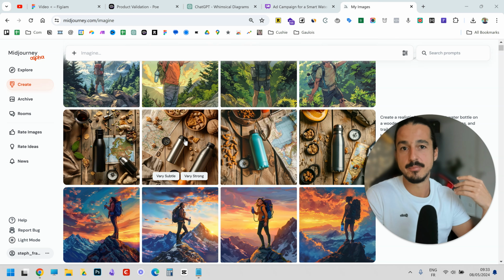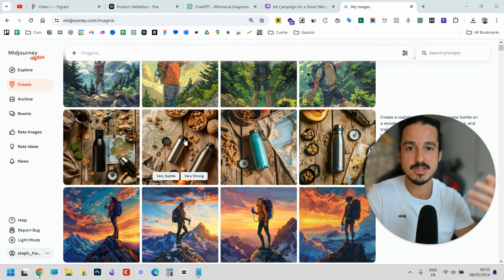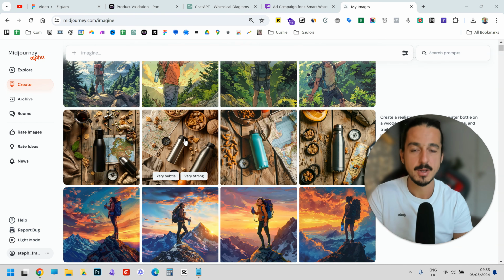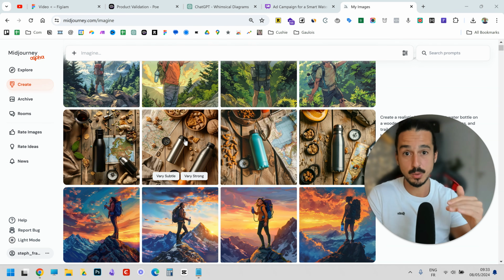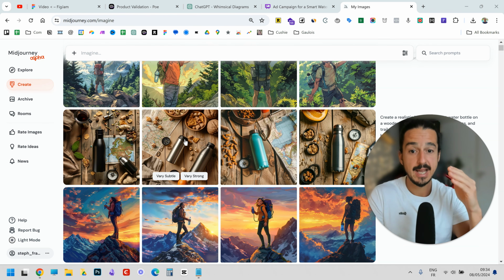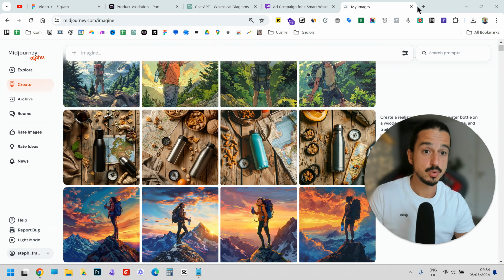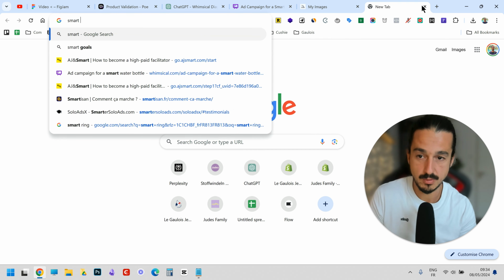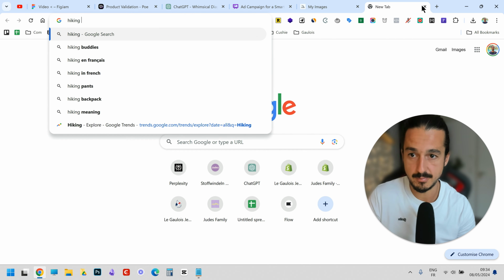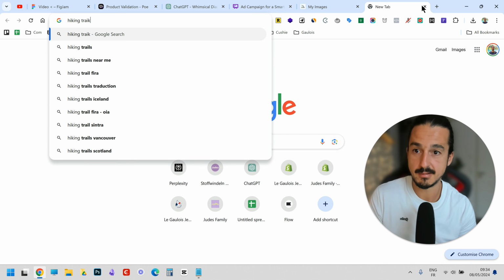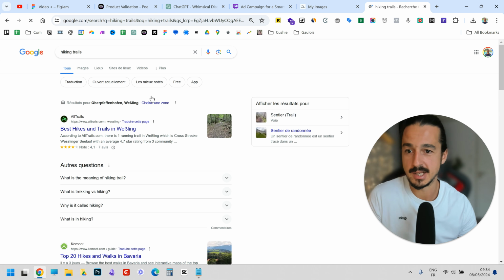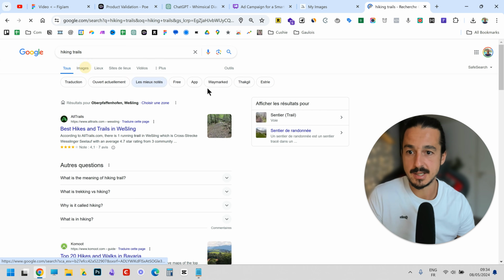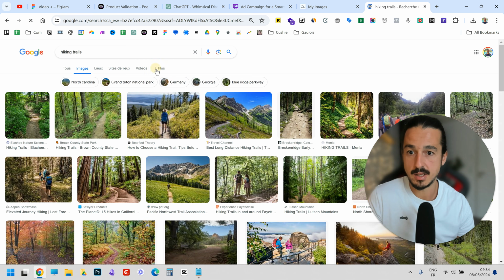It could be images of your happy customers, whatever. If you have a business, you already have it. If you don't have a business, it's totally fine, and there are other ways to create images. So first, I would say something like hiking trails. I'm really bad at doing it live, but you can go here, images, and then you will look for